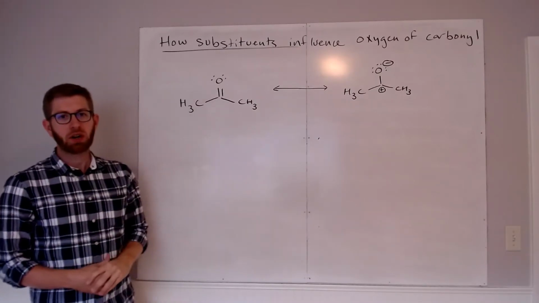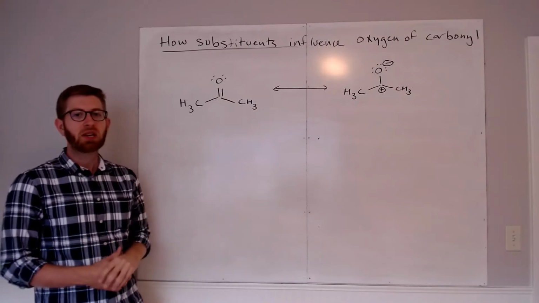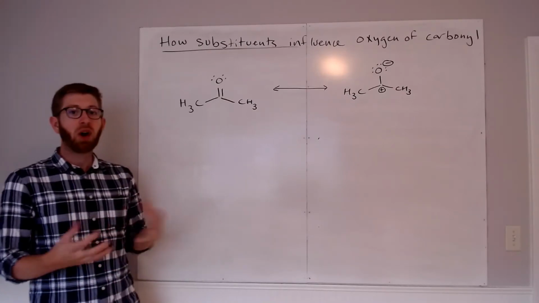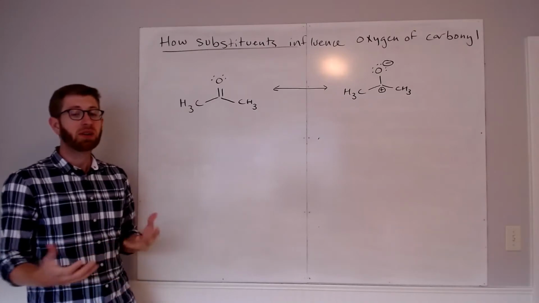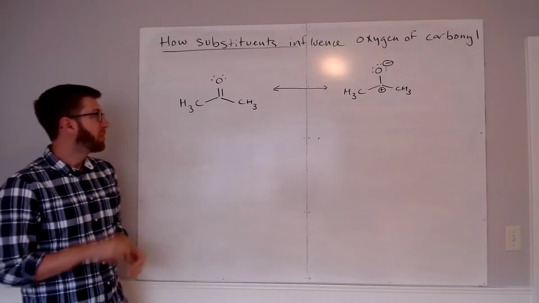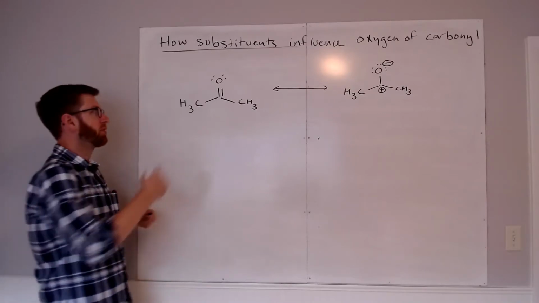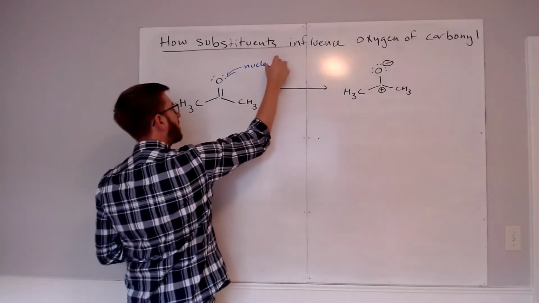at the carbonyl carbon. So we saw how amides, for instance, are a lot less electrophilic than ketones on the basis of what the nitrogen, for instance, in an amide does relative to some kind of alkyl group of a ketone. So we're going to use a similar kind of concept, but now we're going to analyze what happens at the oxygen. We'll be thinking about both nucleophilicity and basicity,